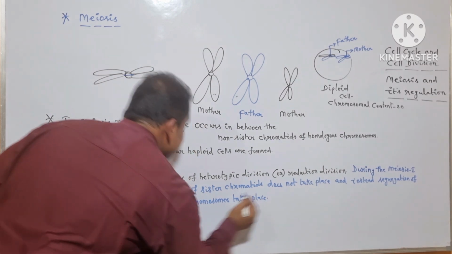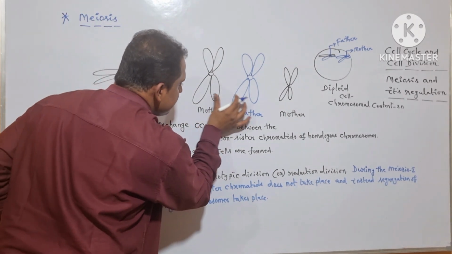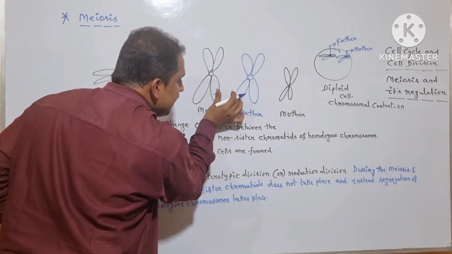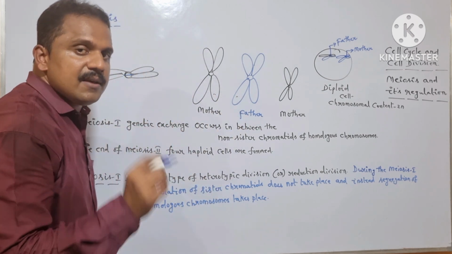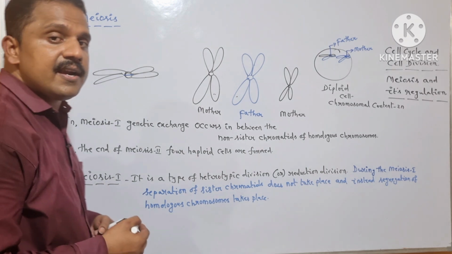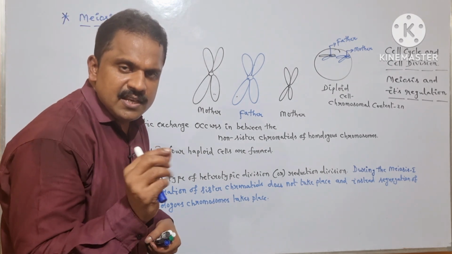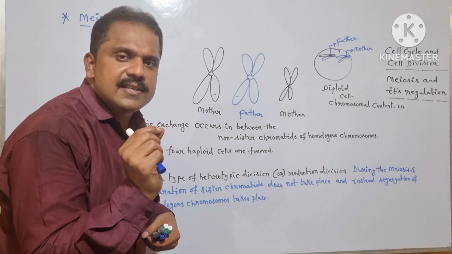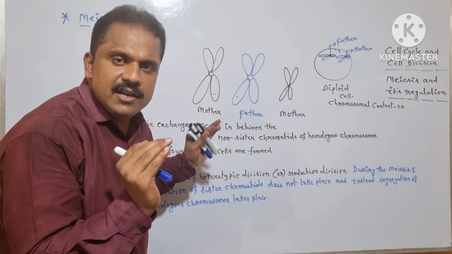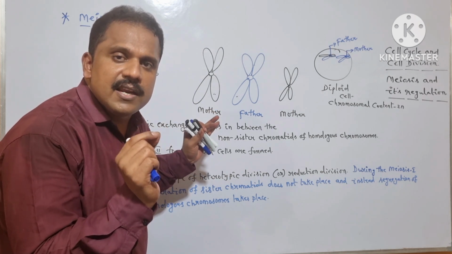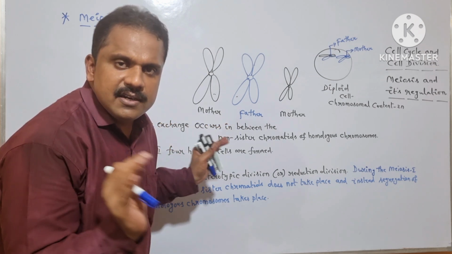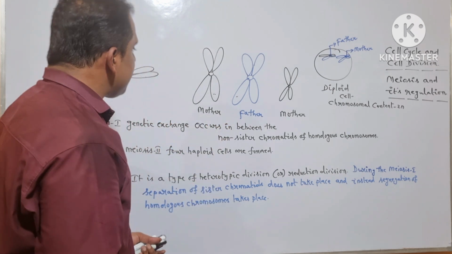That means the genetic exchange has taken place between the non-sister chromatids of homologous chromosomes. Now these two homologous chromosomes are capable of undergoing separation during meiosis 1. Is it clear? And then, if we consider meiosis 2, it is otherwise known as equational division. So why is meiosis 2 otherwise known as equational division? Because meiosis 2, like mitotic division, is also responsible for regulating the constant chromosomal number both in the parental cell and in the daughter cell. Is it clear? So let me arrange the things here.